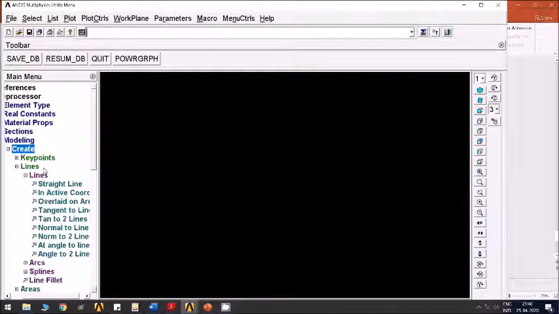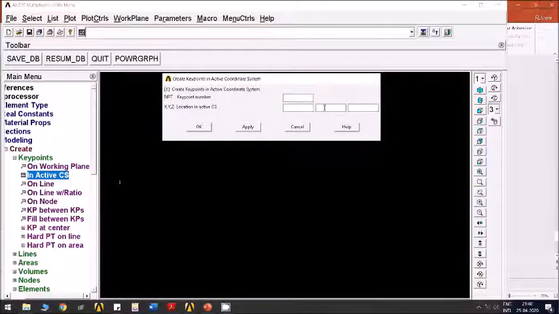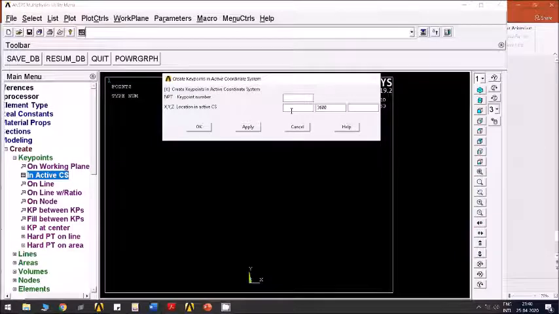So modeling, create key points in active CS. First I'll keep it as 0 0. Next one, I'll model it in y direction. The length is 3.6 meter, that is 3600 mm. Then a gap of, let us say, 1000 I have to create, and y coordinate is 3.6 minus 2.8, which is 0.8 or 800 mm.